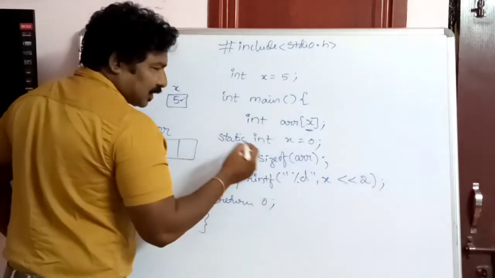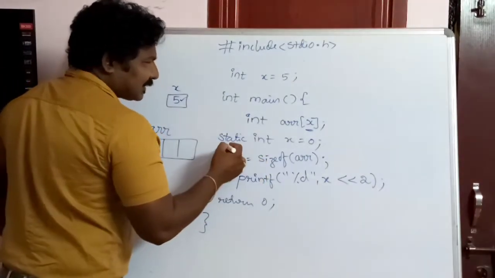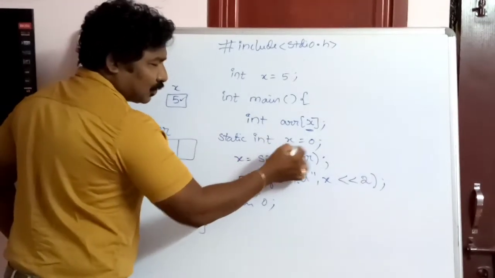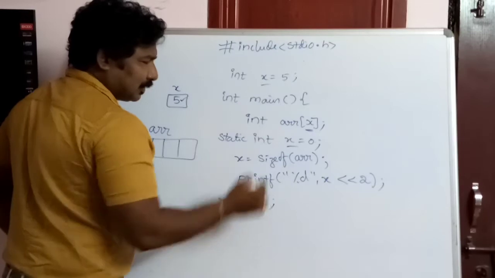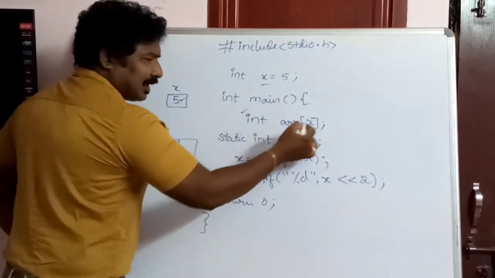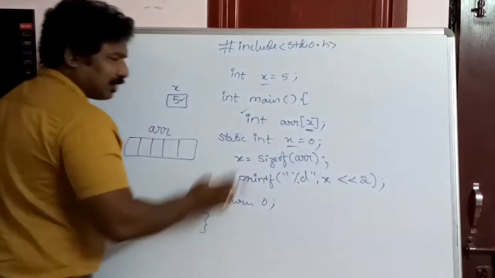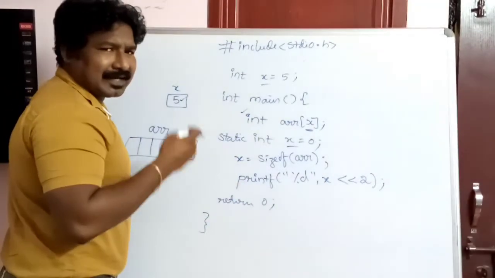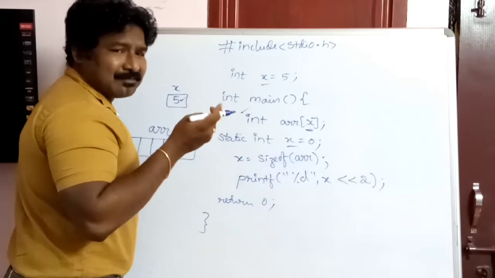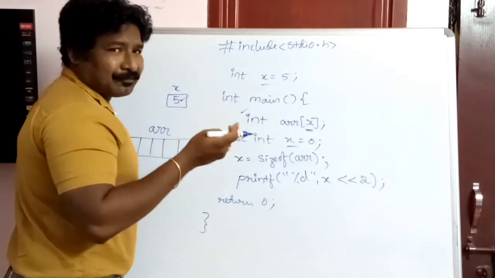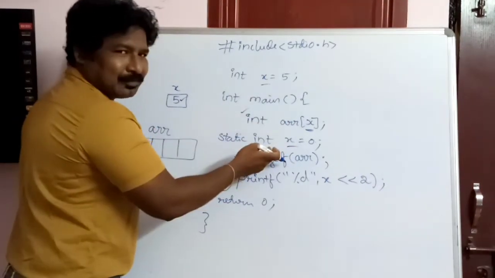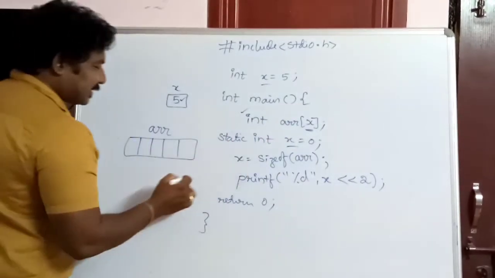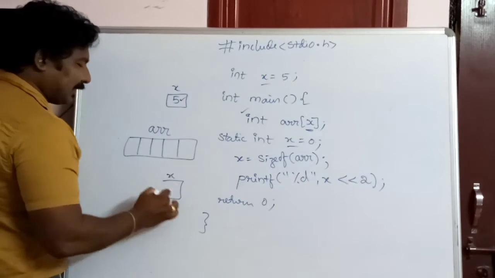Here we have declared static int x equals 0. That means this x is a local variable and the other is the global variable. Up till here x is 5, but here this x is redefined. There is no problem, friends. You can give the same name for the global variable as well as a local variable, but here the preference will be given to the local variable. So another x is created here with a value of 0,